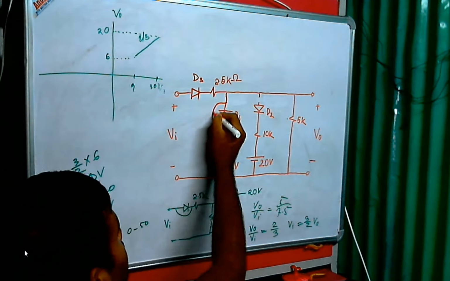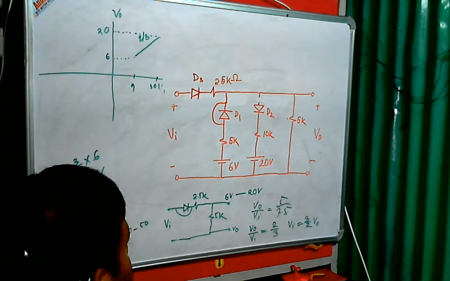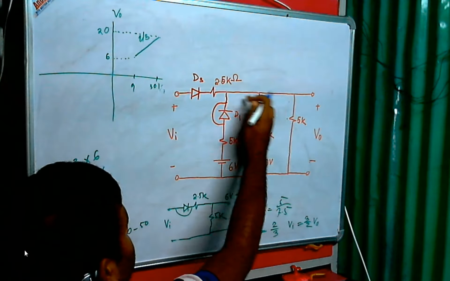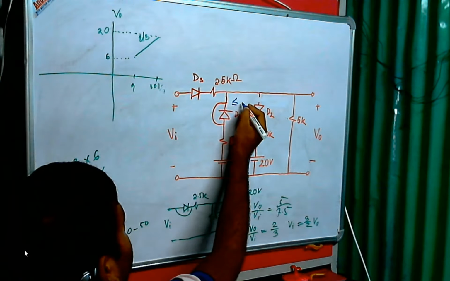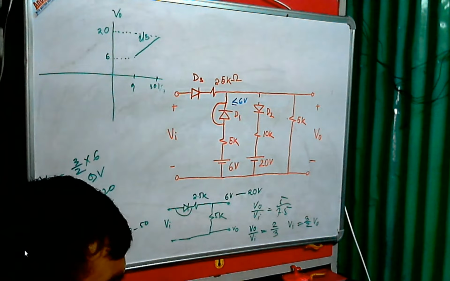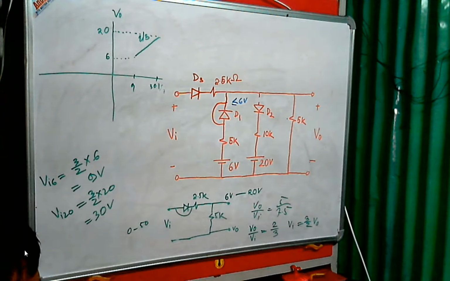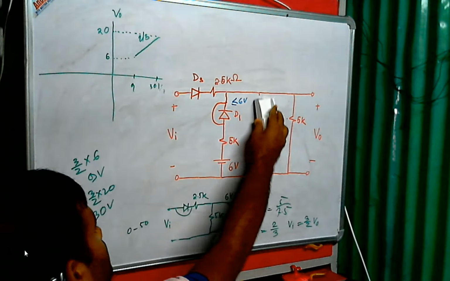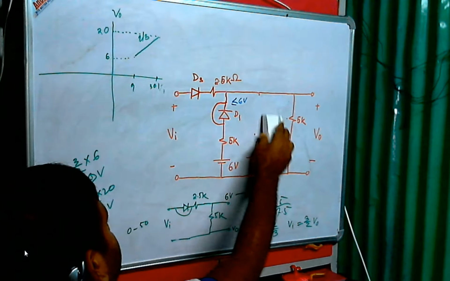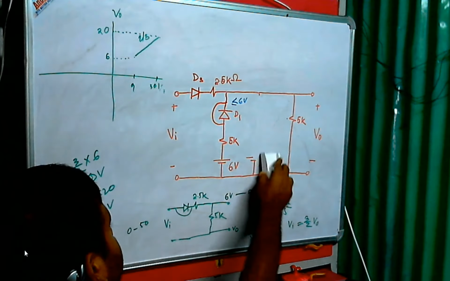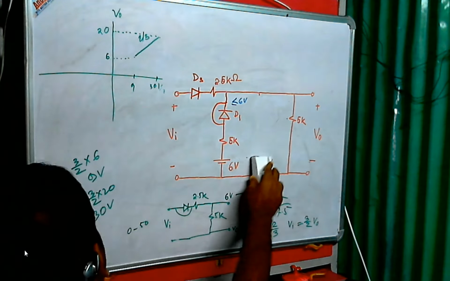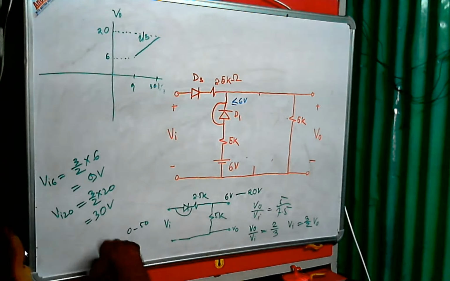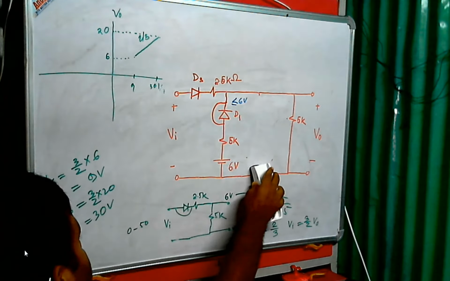connect this line. So this is the condition for the output voltage, the output voltage is less than or equal to 6 volt. Now according to the question we have to measure the slope for the input voltage in between 3 to 9 volt. So now we can remove this part, because this diode D2 will be active only when the output voltage is greater than 20 volt, that means your input voltage is greater than 30 volt. So it is not required.